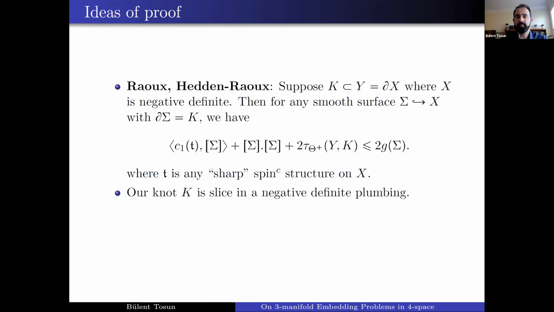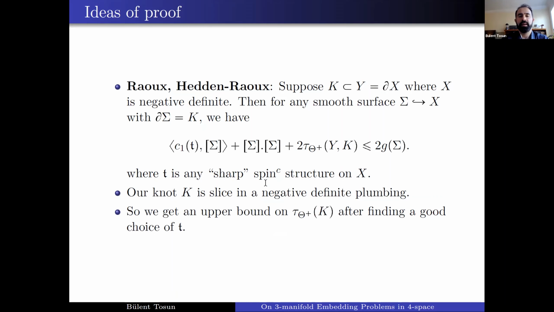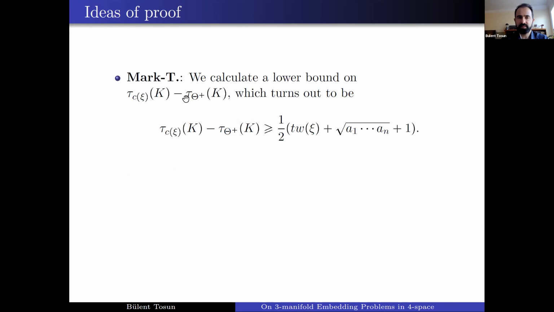So this theorem is good, then we have to understand each of these terms. There are some non-trivial calculations, but you can do it. So after calculating all this, if you just look at the difference of the contact tau and smooth tau, you find that it will have such a lower bound. And the lower bound is completely in terms of the parameters a1 through an and the twisting number. So now the only thing we need is to prove that this lower bound is indeed strictly positive, and that is